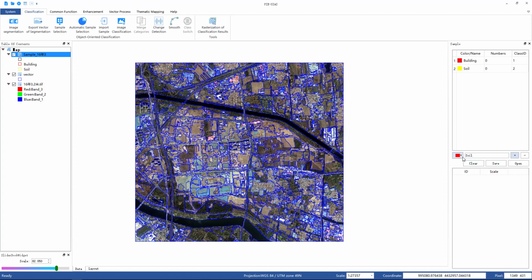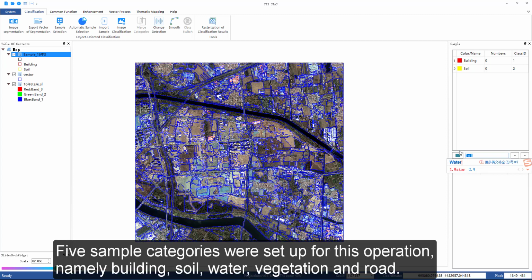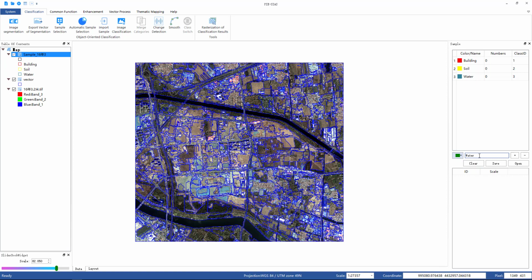Manually edit the category in the sample window and set the category name and color. 5 sample categories were set up for this operation, namely building, soil, water, vegetation, and road. After category settings are completed, we select the sample manually. After the sample selection, click the image